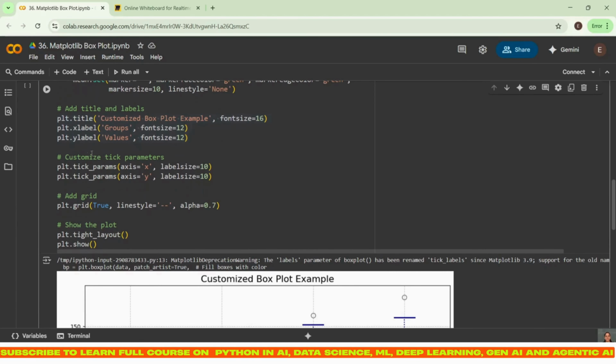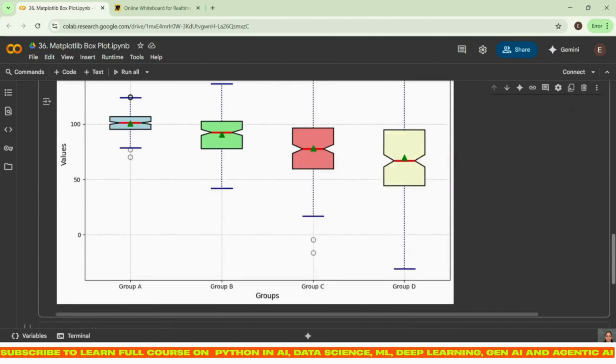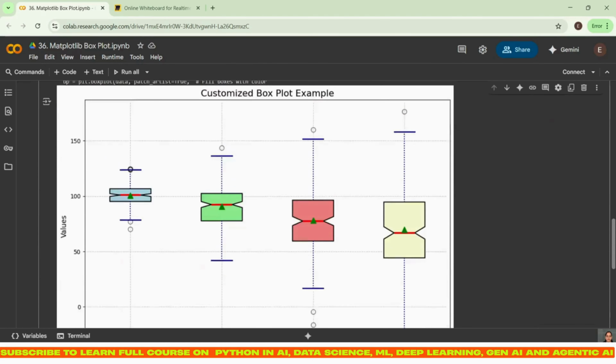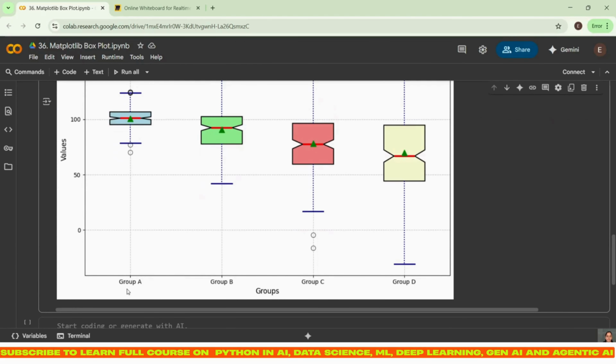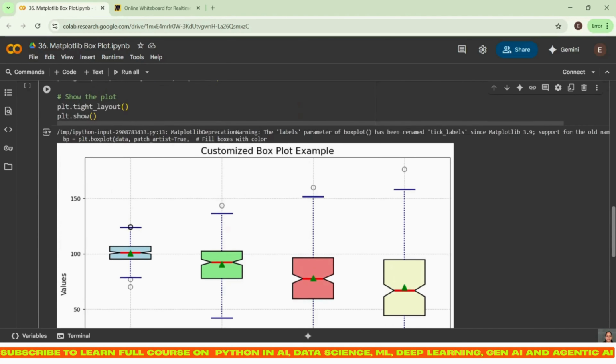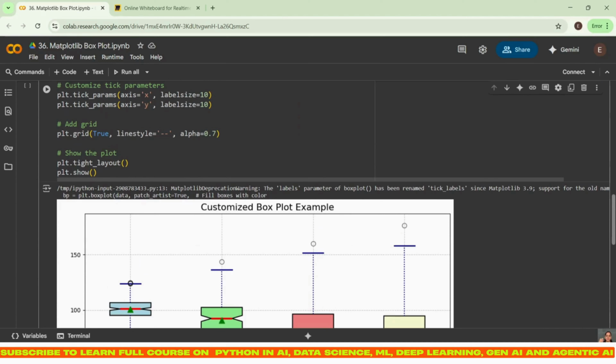Then we have plt.tick_params. Tick params means, if you are seeing here, group A, group B, group C, these are your ticks. Whatever values are present on that particular axis, those are your ticks.